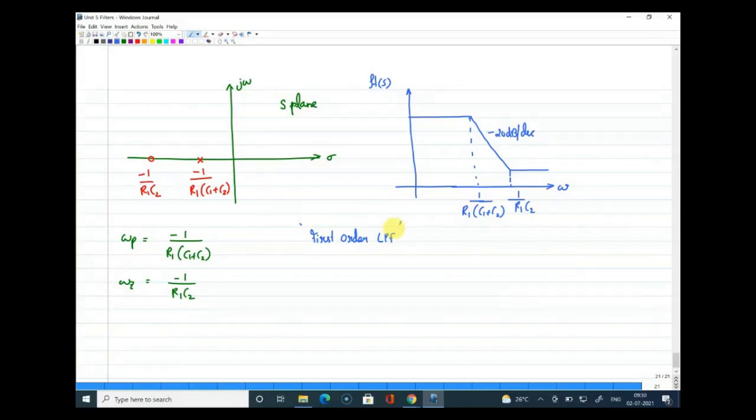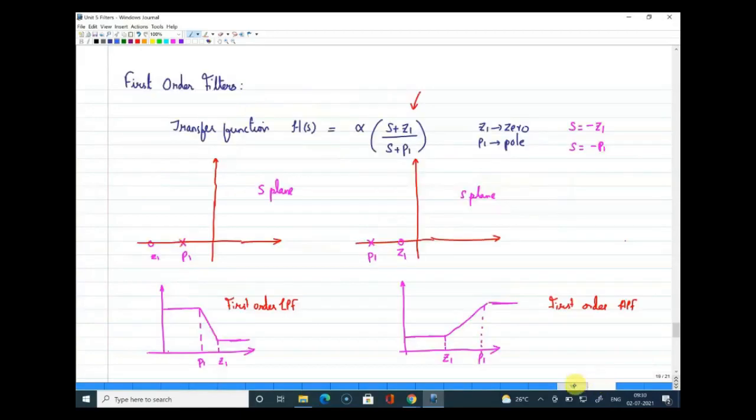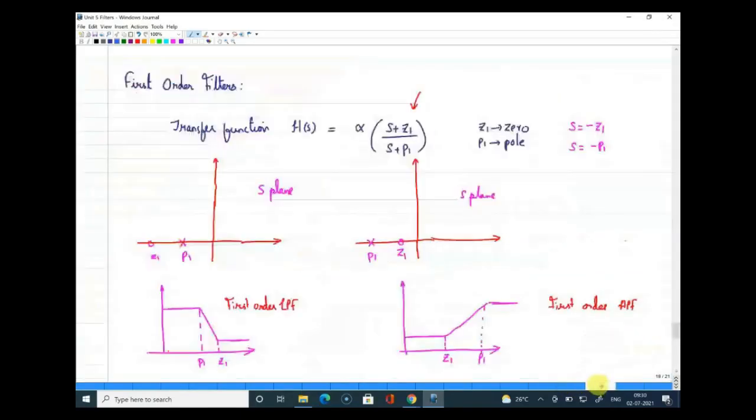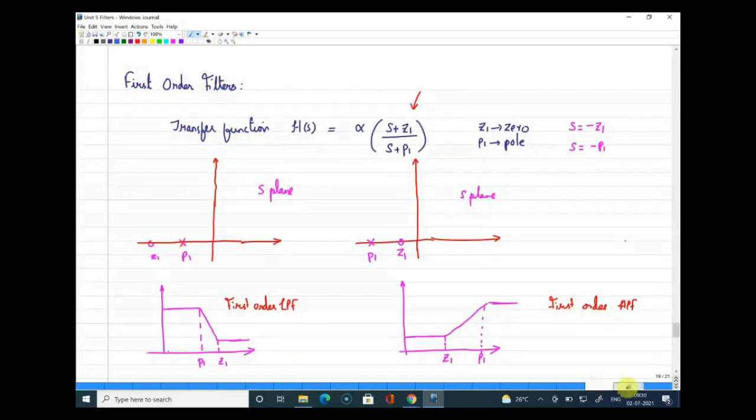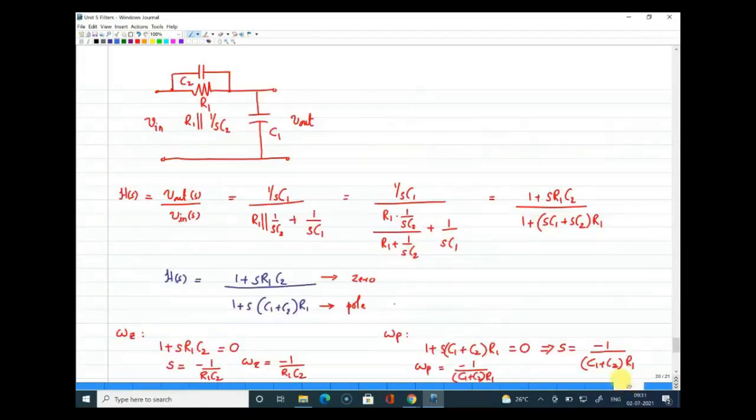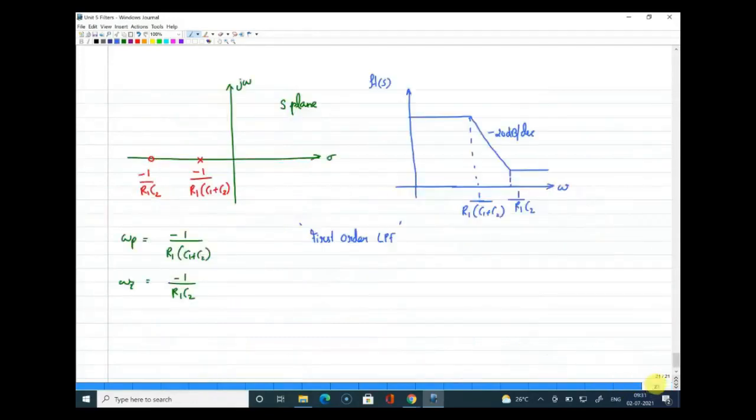All right, so I hope it is clear what we have done. We started from the first order transfer function, the generic expression. From that, we said there can be two cases, when you have 1 zero and 1 pole. When we took the simple example and introduced a capacitor in parallel to the resistance, we got 1 pole and 1 zero, and by looking at their values, we understood that it gives the response of a low pass filter.